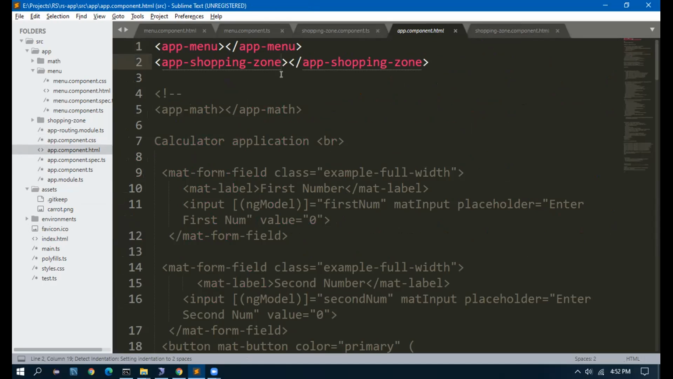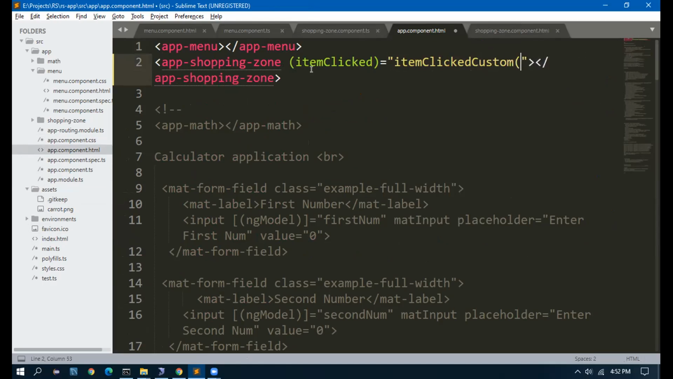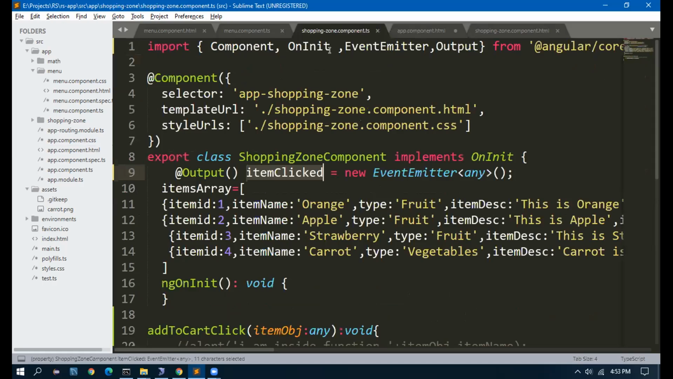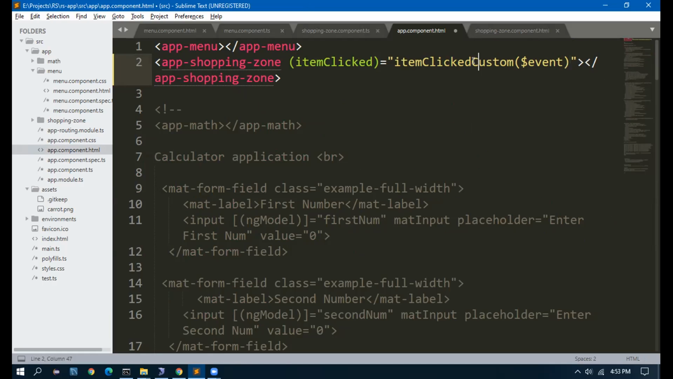So here we have to catch this event and call our own function, item click custom, passing the event. This is the syntax. So item clicked, I copied from the TS, the name, and on click, I am calling a custom function. So in app.html and app.ts,